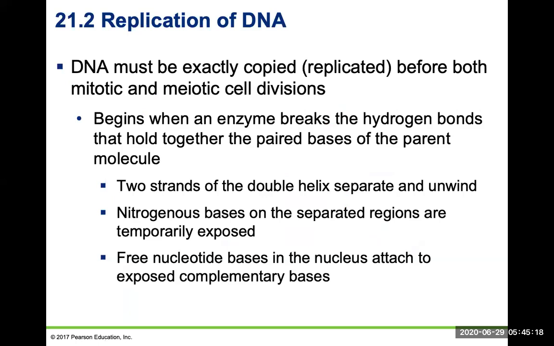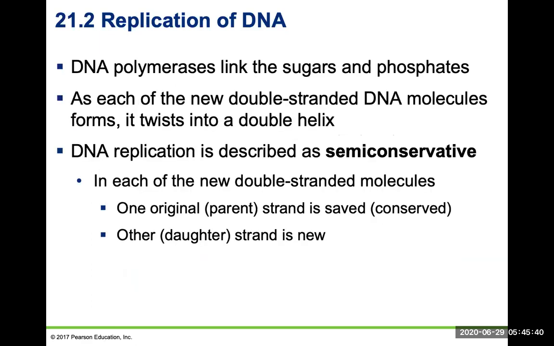DNA must be exactly copied before both mitotic and meiotic cell divisions can occur. This begins when an enzyme breaks those hydrogen bonds down, the two strands of the double helix unwind, and then the nitrogenous bases are separated. Free nucleotide bases in the nucleus then attach to the exposed complementary bases. DNA polymerases link sugars and phosphates, and as each of the new double-stranded DNA molecules forms, it twists into a